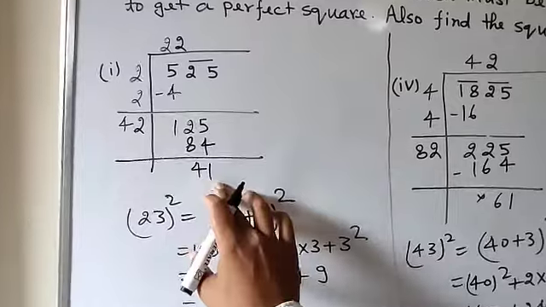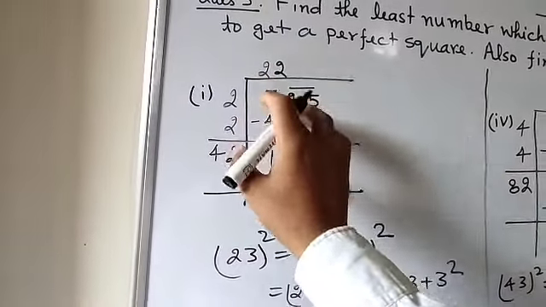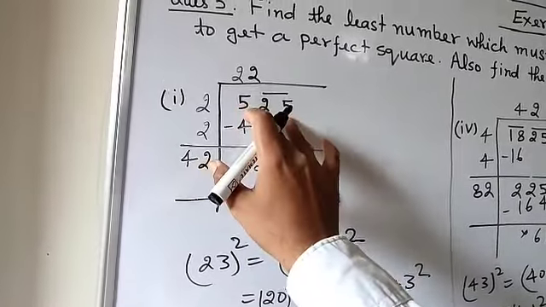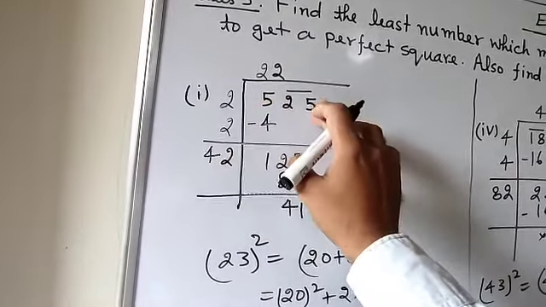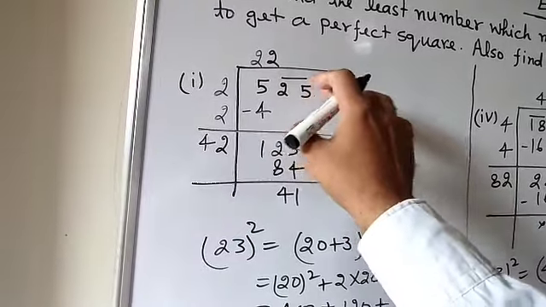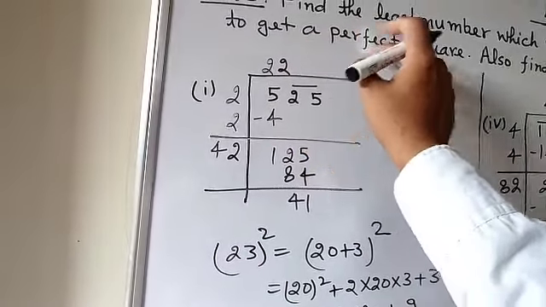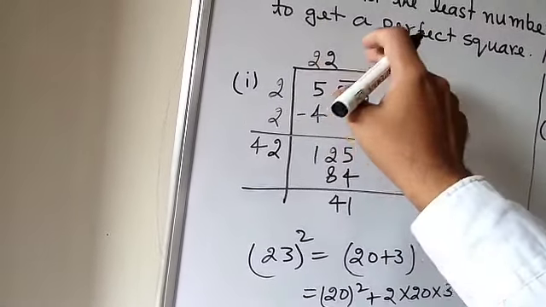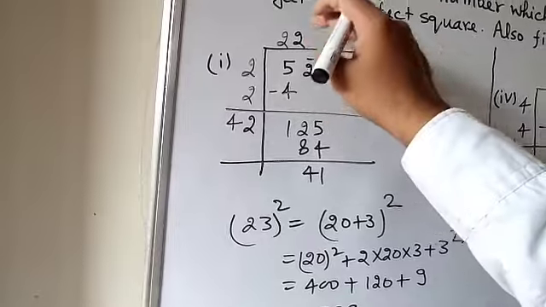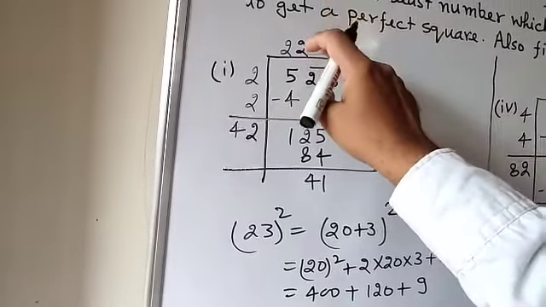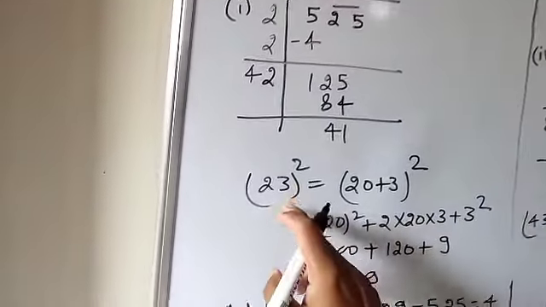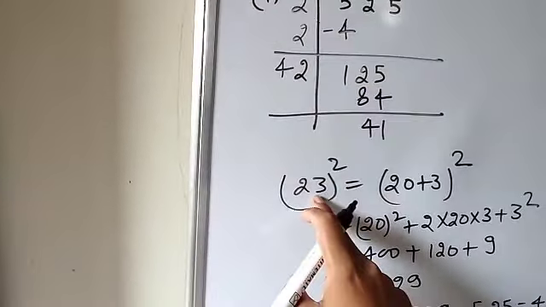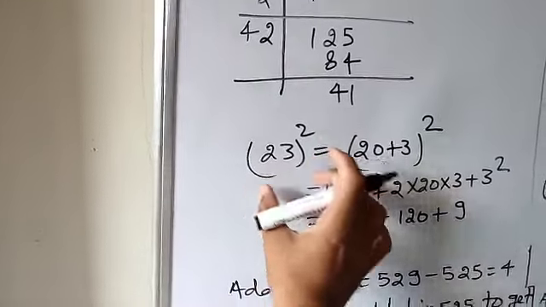So if you are going for the added number, surely whatever numbers are given are not perfect squares. So if you are going to find the square root of a number like 525, that will be 22 point something. So if you add a number, that will be the square of 23. That's why I find the approximate square root of the given number, that is 22. So add one more, it will be 23, then find the square of 23.